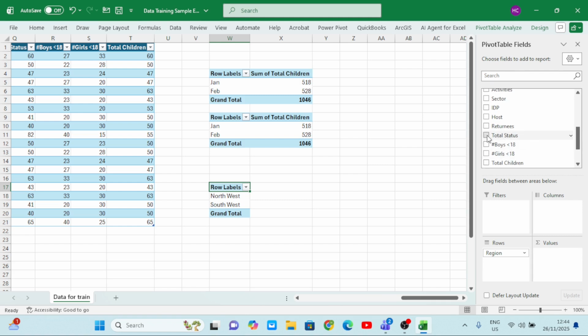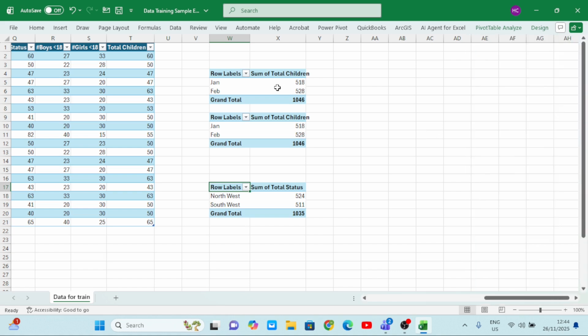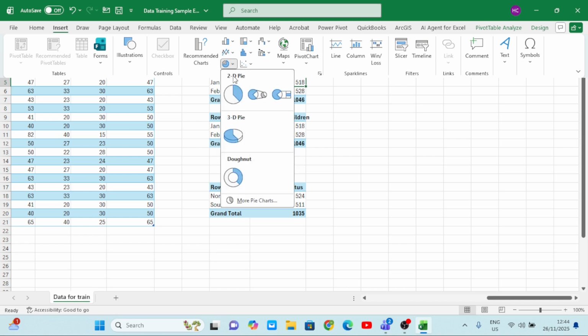you can choose whatever, right? Just choose anything that you want to analyze, and then we are good to go. Now I have three pivot tables on the same sheet. If I click on the first pivot table and I go to insert, and I want to use my bar chart,